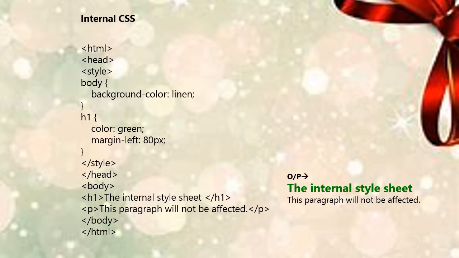Consider one program. HTML, head, title demo CSS, slash title, then style body font family, for example Buxton Sketch is given, color is red, background color yellow, P color blue, slash style, slash head, and in body give the heading as this is a test CSS, slash body and slash HTML. When you execute this program, you will get the output as shown.